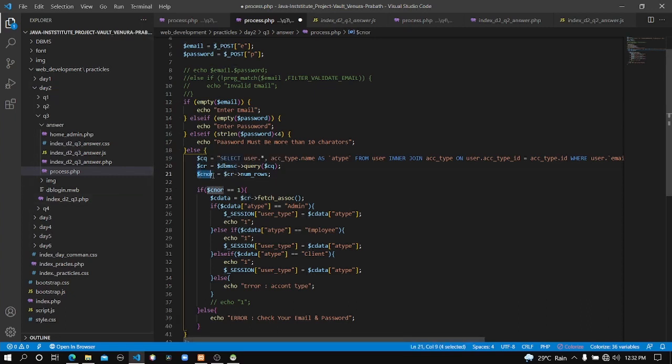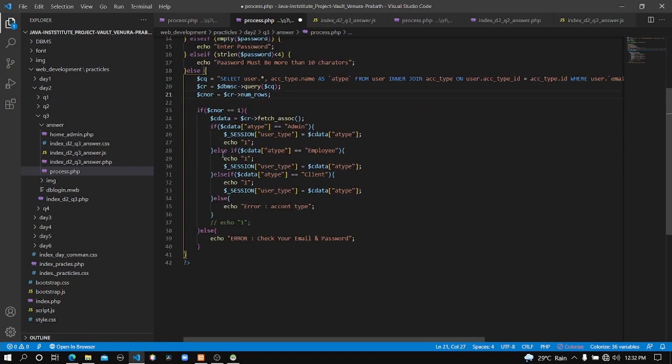and in the next line you can see I created another variable called CNOR. That means the number of rows in our result. So here you can see I calculate the number of rows in the result using the numRows function. So I calculate and assign that number of rows in our result to the CNOR variable,